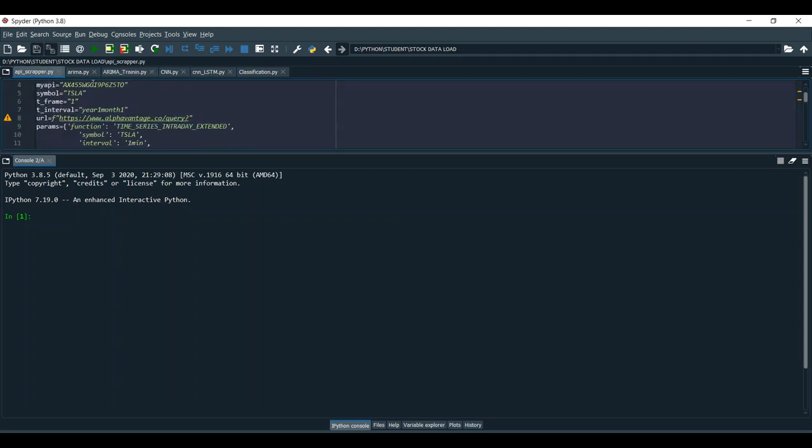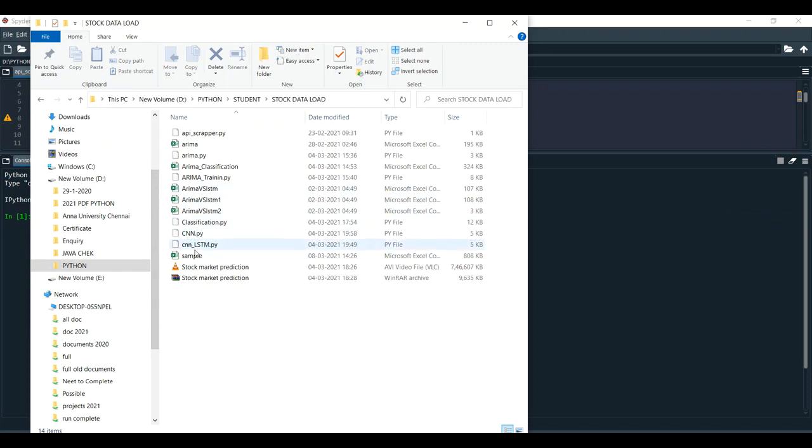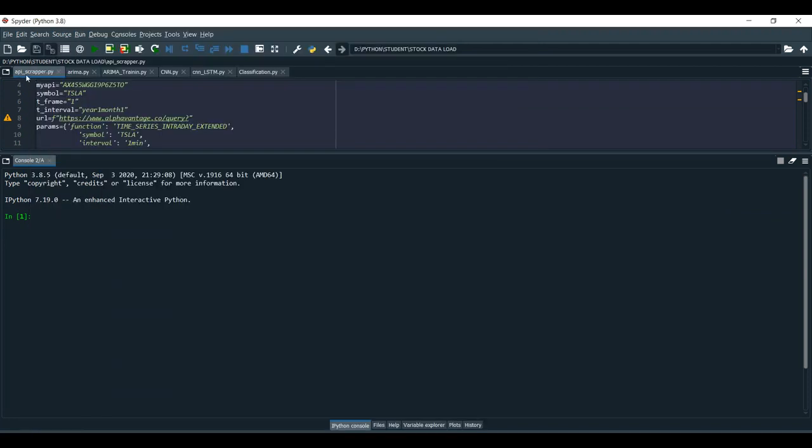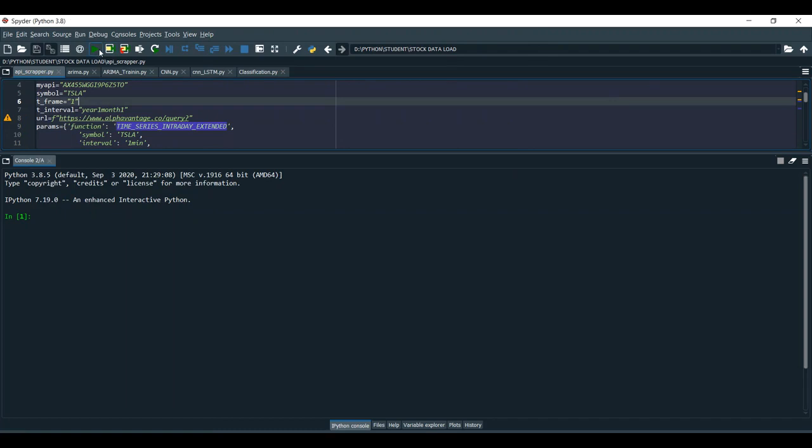For that, this is my API, and for this symbol I am going to predict. The next step is executing the project, the real-time stock prediction data set API process. Once it is executed, it will create a sample.csv file. So right now I'm going to execute it. As output I'm going to get the sample.csv file, a real-time data set for that particular